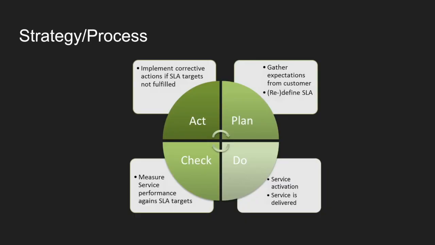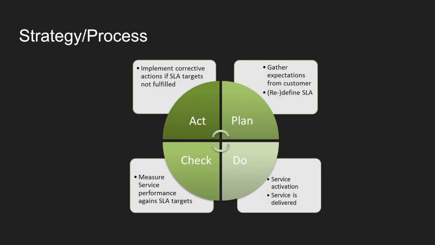Now, what we're looking at here is basically the 4 different parts of the strategy process. So the first part is to plan. Planning is basically where you establish expectations with the customer. You clearly state the terms of the service your company offers. From there, the do section is where you set up the customer and give them any resources that they may need, including training or anything else to use the service.